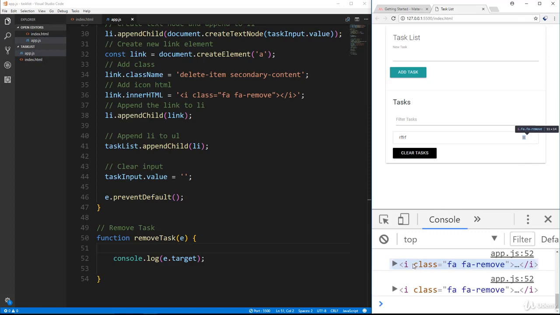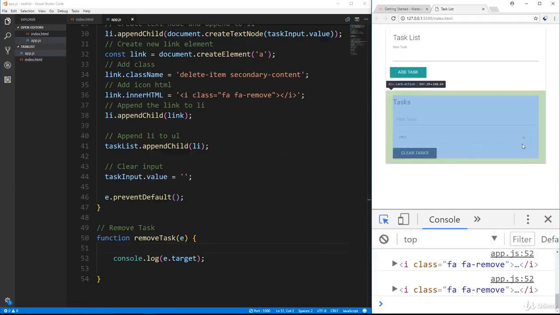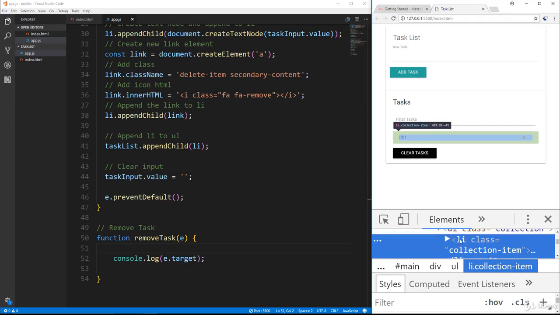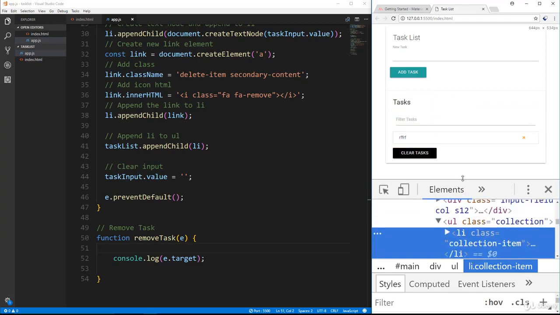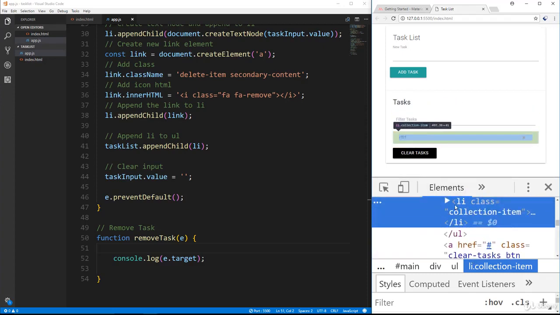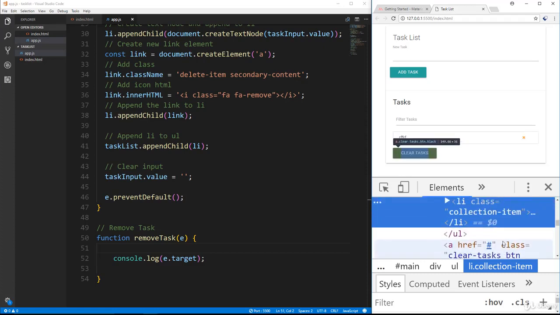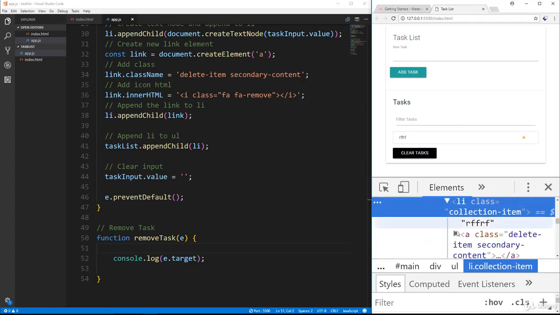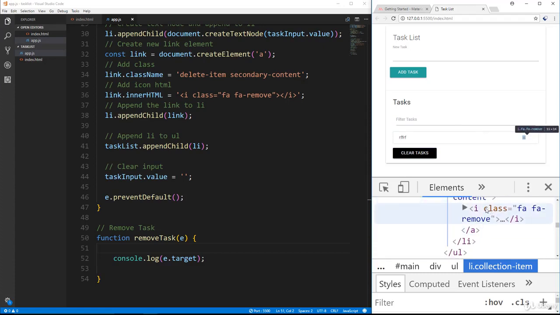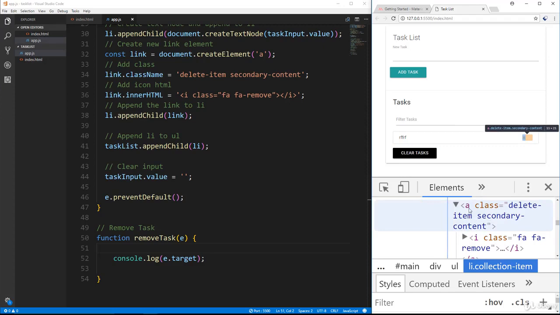So it gives us the I tag, and that's not what we want. If we look at the HTML, well, we can't look at it there. If we look at it here, it gives us the I tag, but we want the A tag. Okay, let's see, where is it? So if we look in here, in the A tag, we're getting this, but we want this, which is its parent. Okay, so we want to call if target.parentElement